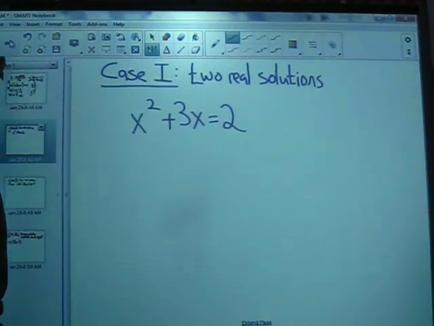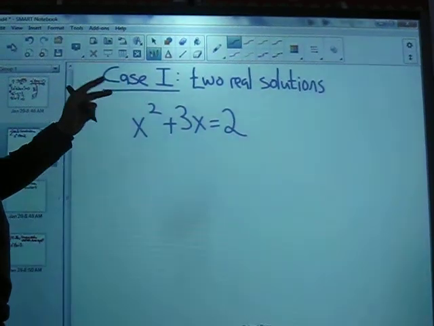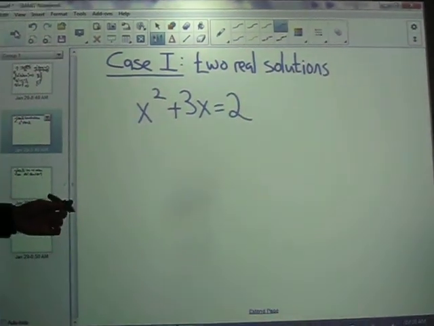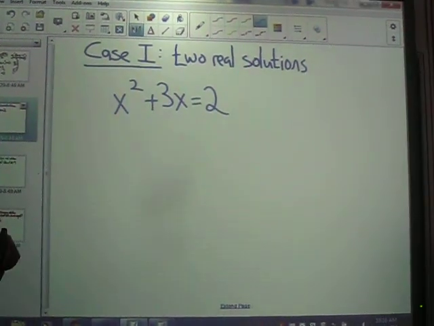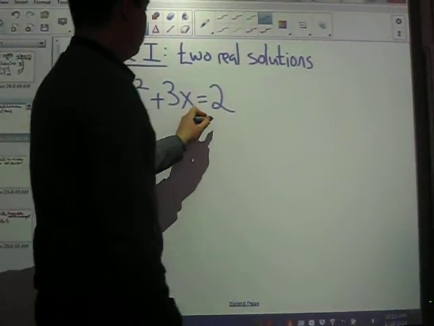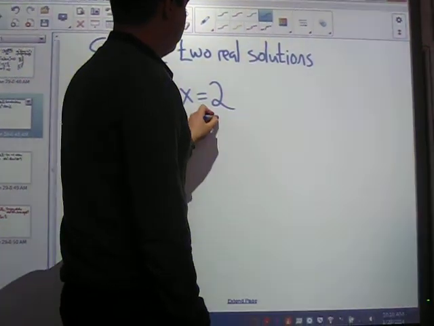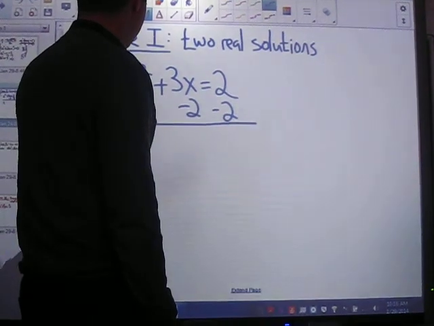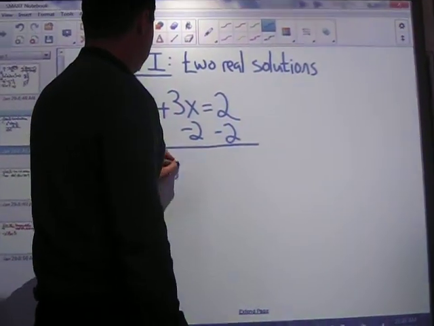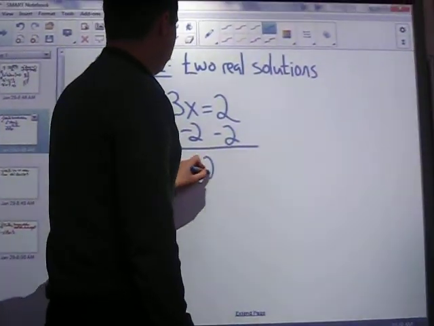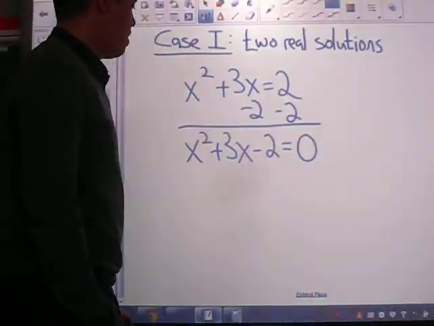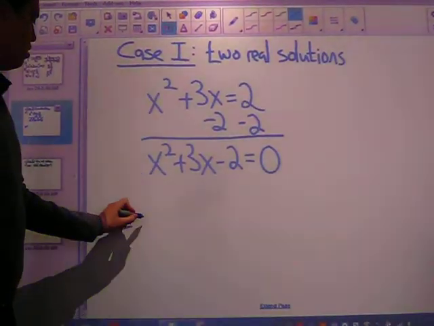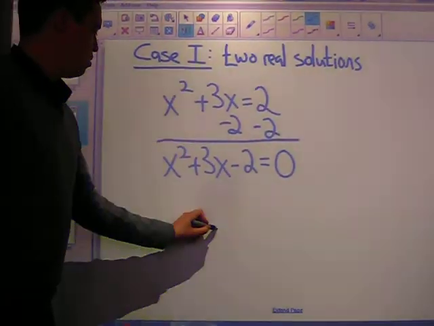I'm going to go to the next page. This is the case where we have 2 answers, and they're both real. You don't have to write this, just watch with me. Is it in standard form? No. So what do we have to do? Set it equal to 0 by subtracting 2. Very good. x squared plus 3x minus 2 equals 0. Now we need our equation. x equals